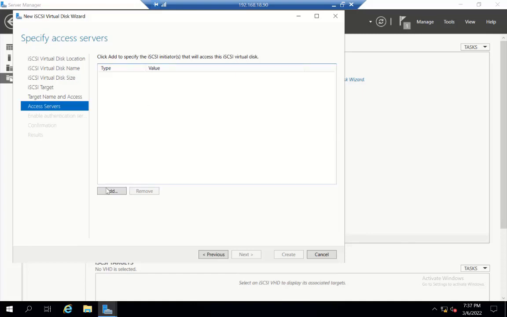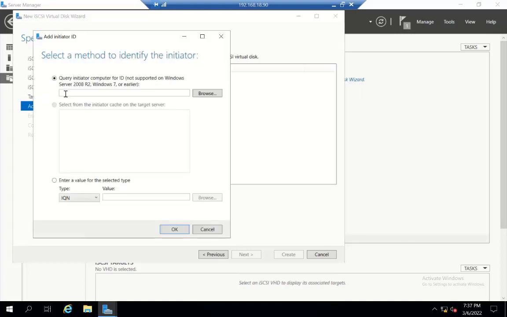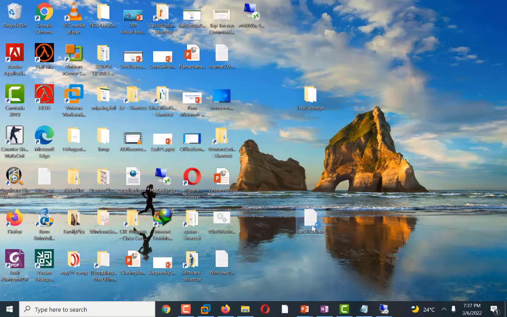But in my case I have added an IQN number. I will copy and paste the IQN numbers associated with my ESXi. I copy the first IQN number and paste it here as an initiator and click OK.